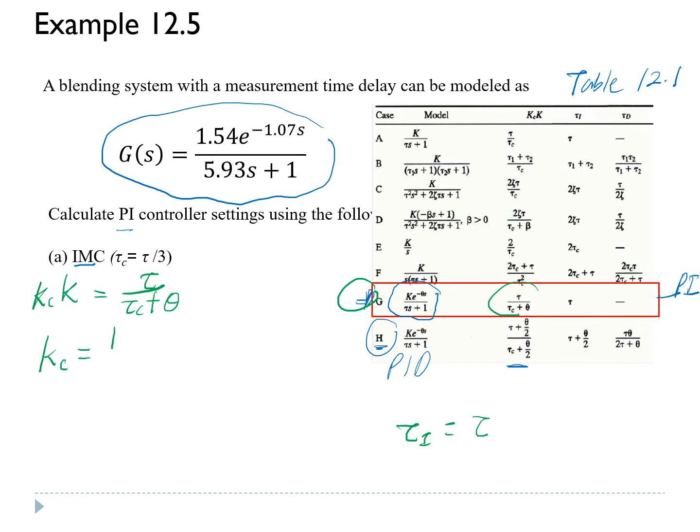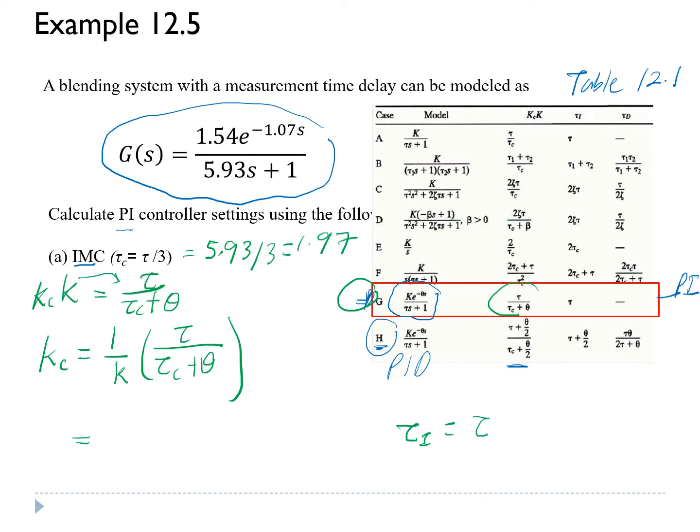K you bring to this side, so 1 over K times tau over tau C plus time delay. Now your tau C is what? Tau C just now equal to tau over 3, which is equal to 5.93 divided by 3,